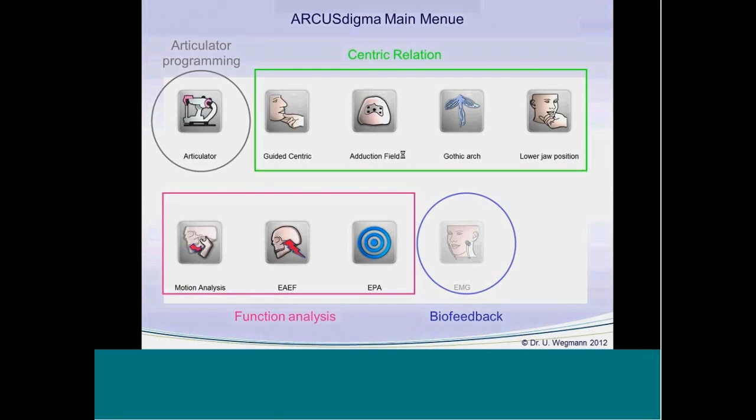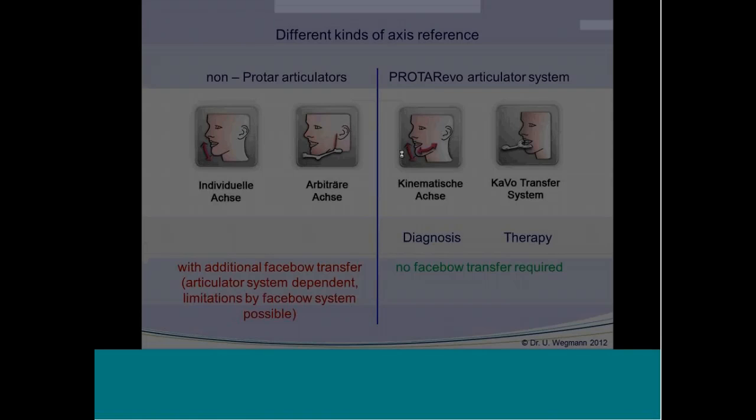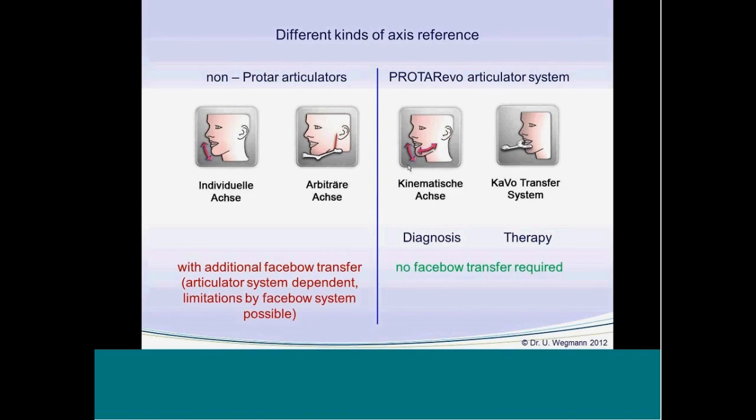But there's one difference more compared to the traditional Facebow. With the Facebow system, we refer to the individual hinge axis or arbitrary hinge axis. That's our reference points for the location of the Facebow, the mechanical Facebow. But with the ProTAR system and in combination with the Digma, there's no longer need for these reference axes because we have 2 different, not really new